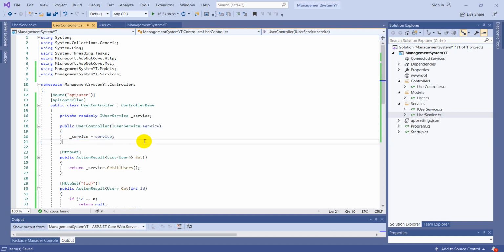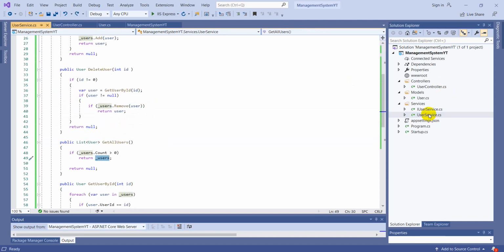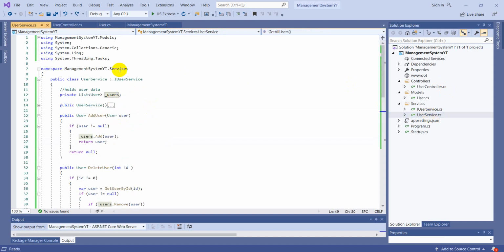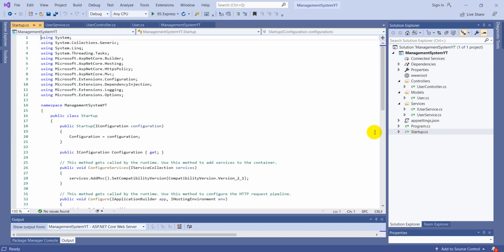Whenever I see IUserService anywhere, I need to initialize that variable with UserService, right? For that, .NET has built-in dependency injection, where if you go to the startup class,